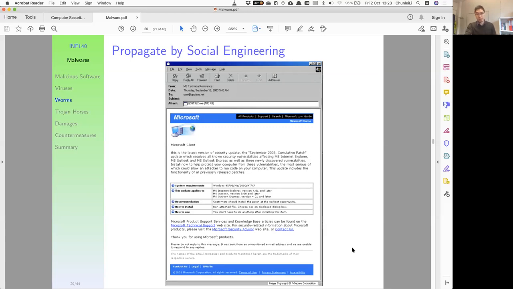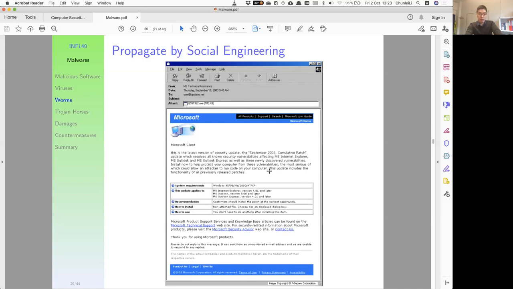Here is a screenshot of a malware, or this social engineering propagation. If you are a Windows user and you receive this in your Outlook, the subject is not clear yet, but here with the body, okay. Microsoft client, this is the latest version of security update, September 2003, cumulative patch, and then blah, blah, and all these things. And also,